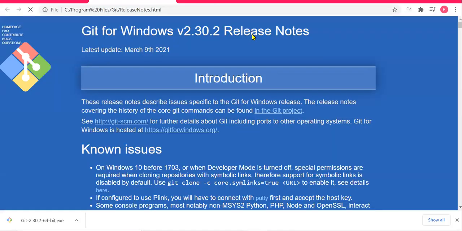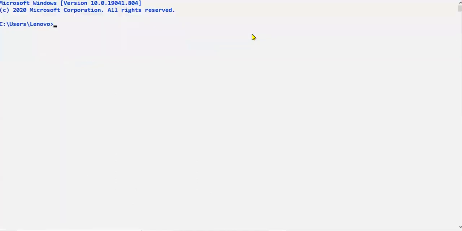Finish. I'm opening command prompt. git --version. You can see git version 2.30.2. This is the version of Git I installed. Installation is a success. It is showing me which version of the software I installed in this system.